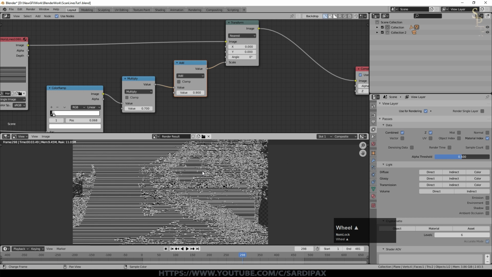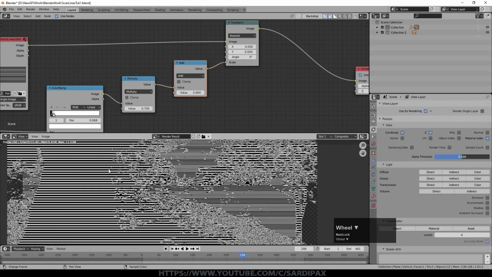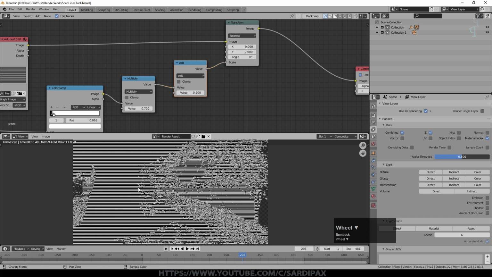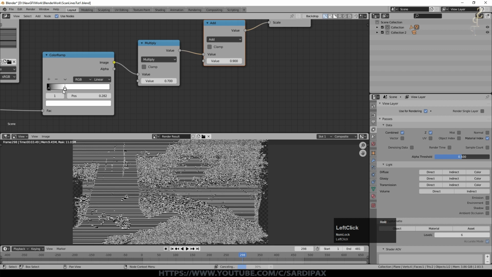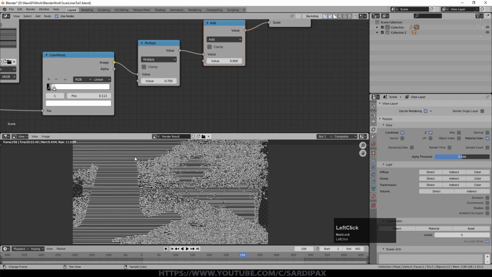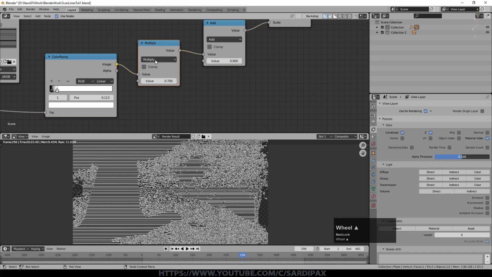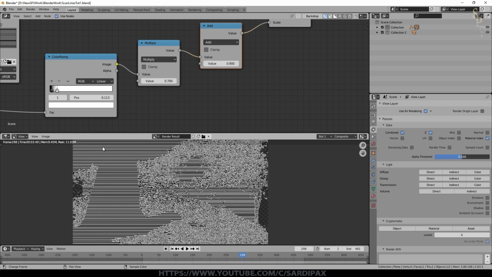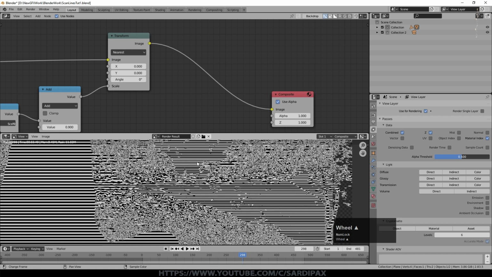So it's really just sort of biasing it to give me as much information as I can get, rather than it being very little there. So you can now see there's the trunk of this tree, and then the leaves are having an effect there. And you can just about make out that my hand is there. So you can then vary these to select different parts of the image that you want to have an effect and how much you want them to have an effect. So effectively this first multiply node is by 0.7, so that reduces the dynamic range a little bit, but then this one adds an offset to it just to sort of select different parts of the scene along with the color ramp.